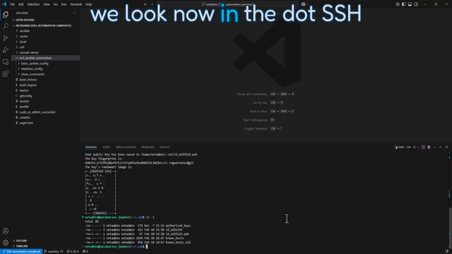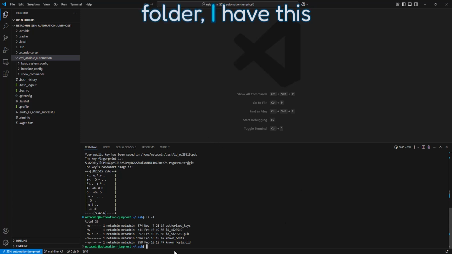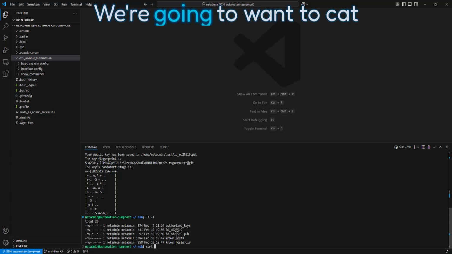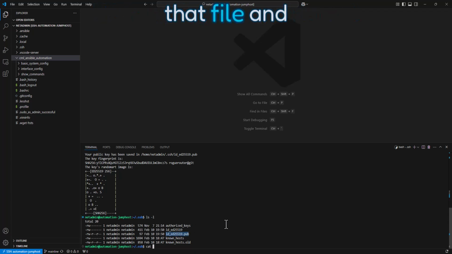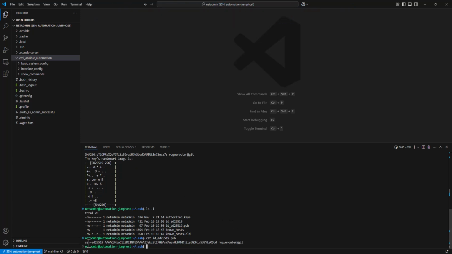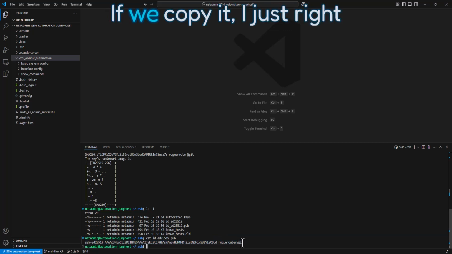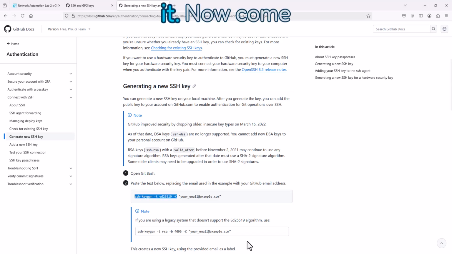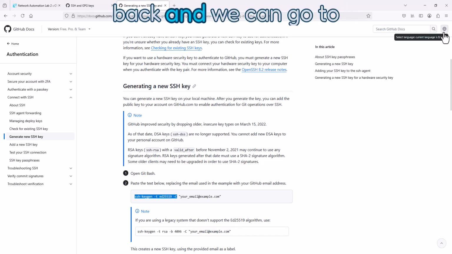If we look now in the .ssh folder, I have this id_ed25519.pub. We're going to want to cat that file, and we can see the SSH key. If we copy it, I just right-clicked and it's copied it. We can now come back, and we can go to